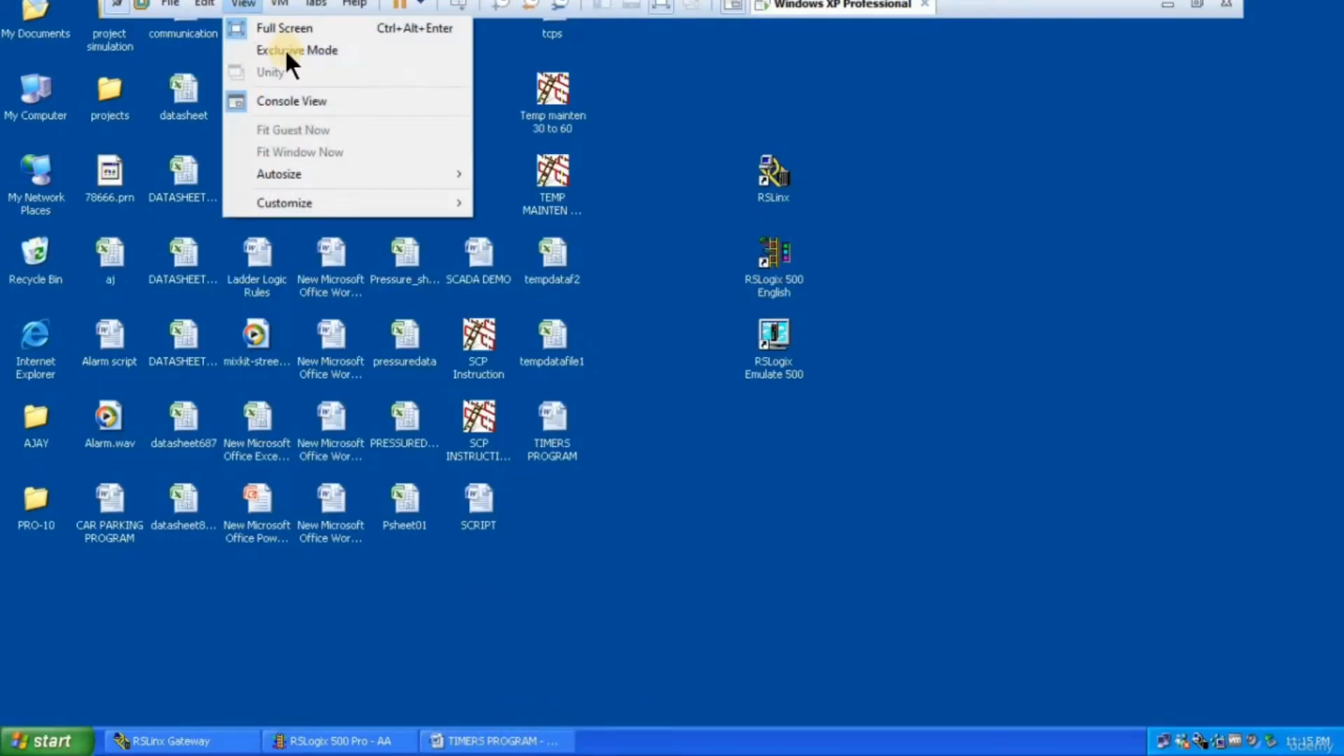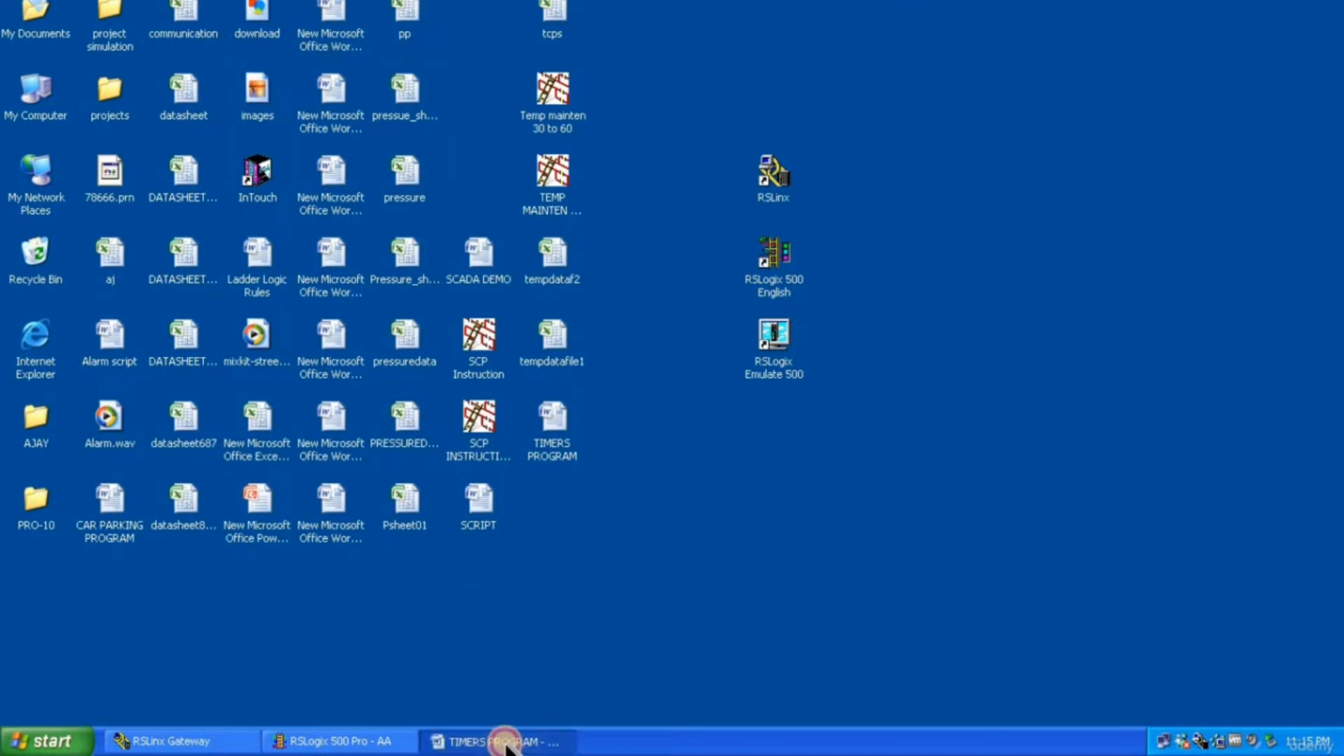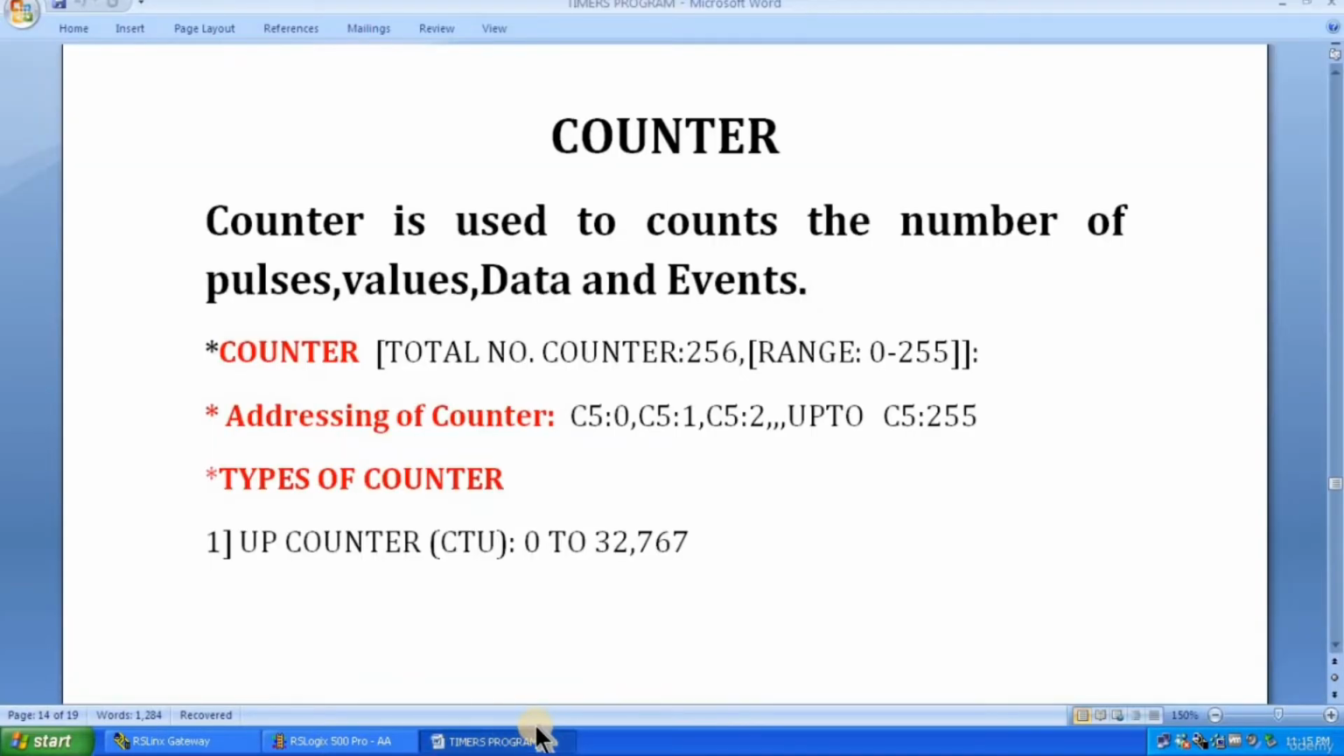In this session, we are going to discuss the operation of counter. Basically, there are two types of counter which you can observe in Allen-Bradley PLC. The first one is the up counter and the second one is the down counter. First of all, let us understand the meaning of counter, then we will understand the operation of up counter and